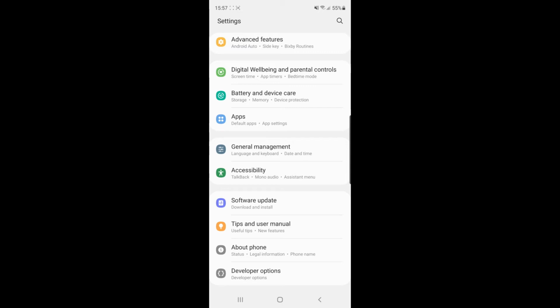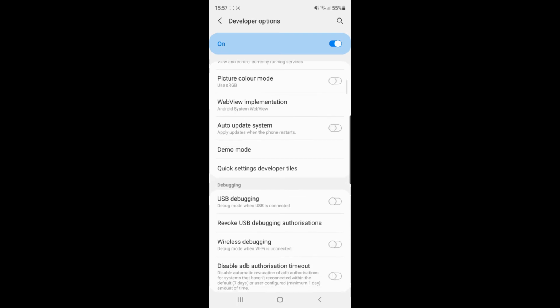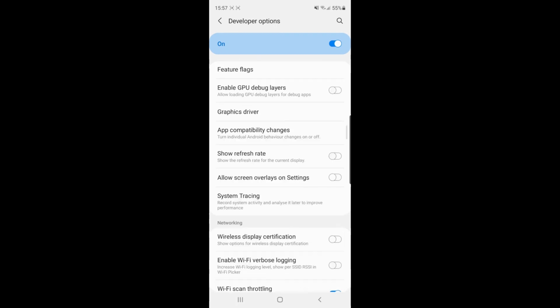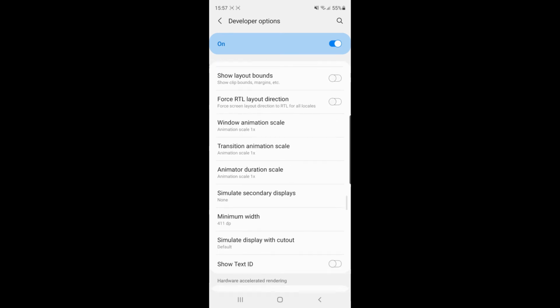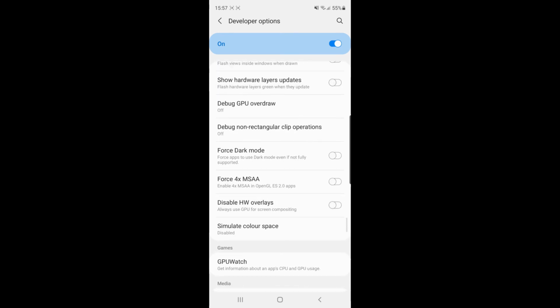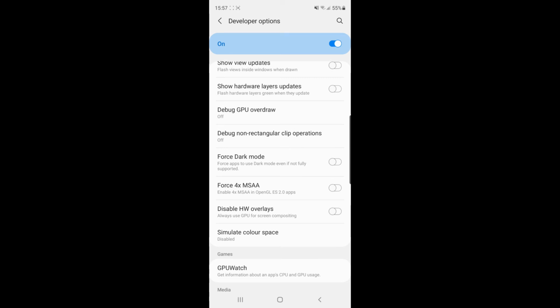it. So once you have developer options enabled, all you simply need to do is click on developer options, and then you'll need to scroll down until you see force dark mode, which is quite far down in the developer options settings. So just keep scrolling down, and as you can see here, there is an option now for force